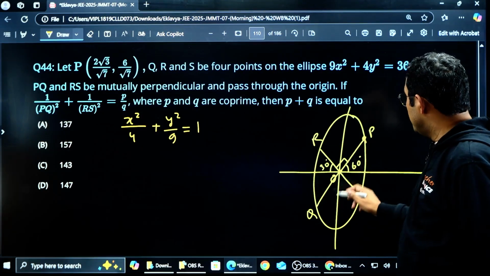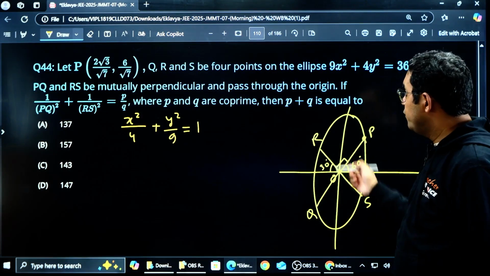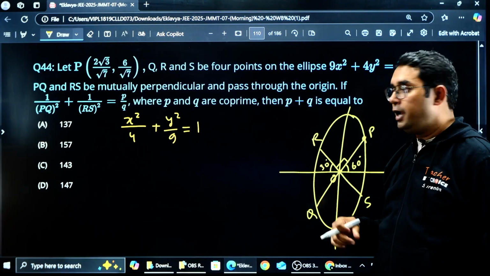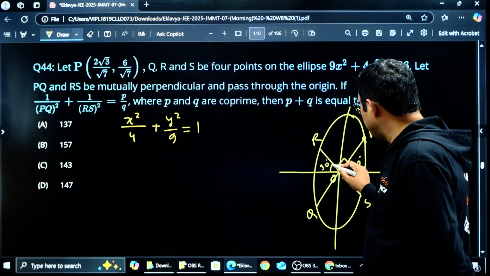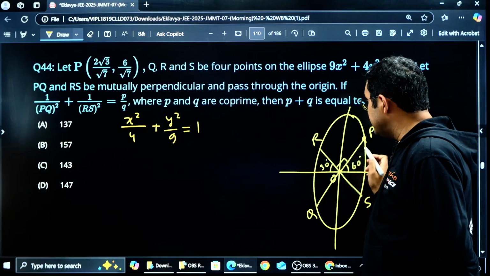We know already PQ, because PQ is just 2 times OP. We know the coordinate of P. So if we can find the coordinate of R, I think we are done. Now to do this, because this angle will be 30 degrees from here, I can consider